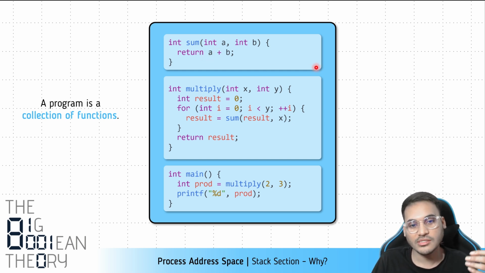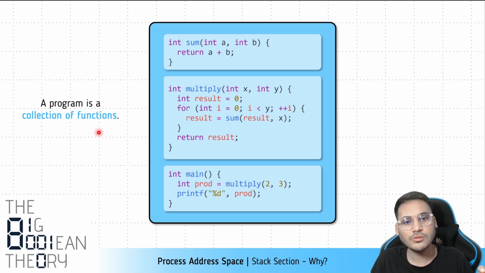So the point on this slide that I want to make is that any program that you write, any piece of code that you write, is a collection of functions. And this is a very important point. We'll see some more examples also, but if you are familiar with programming, then you know that all of your code is in some functions. Yes, there are certain variables that are outside the function, but the point is that whenever the execution is happening, it is inside some function. From one function to some other function, it jumps, right? There are a series of function calls when your program is executing,